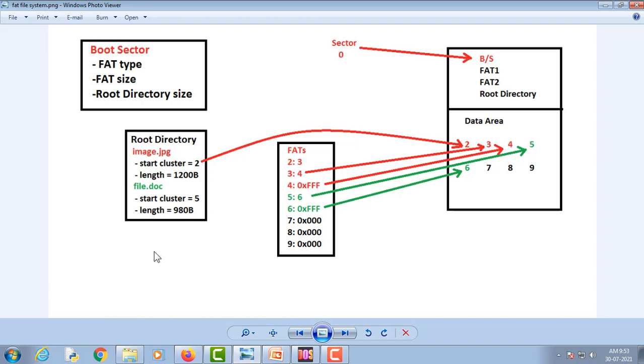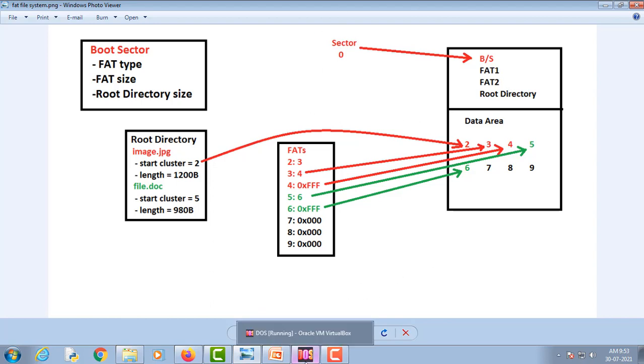So if we go to the file allocation table, it tells us that the next cluster occupied by the file is cluster number 6, and if we go to the cluster number 6, it tells us that the file is ending here. So basically, root directory gives us information about the starting cluster of the file, and file allocation table gives us information about the rest of the clusters occupied by a file.